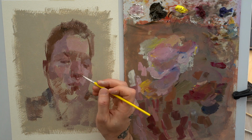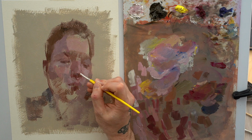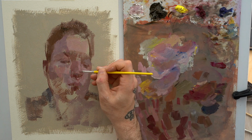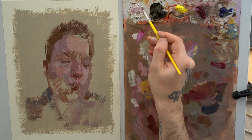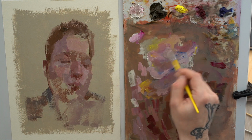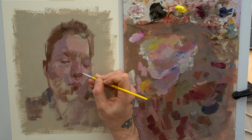And what I'm not supposed to do is try and force a darker, thinned-out layer with a very fast drying medium like liquid dry on top of a kind of impasto-y layer that I had laid initially on that surface. So I have to be very careful with that. Having said that,